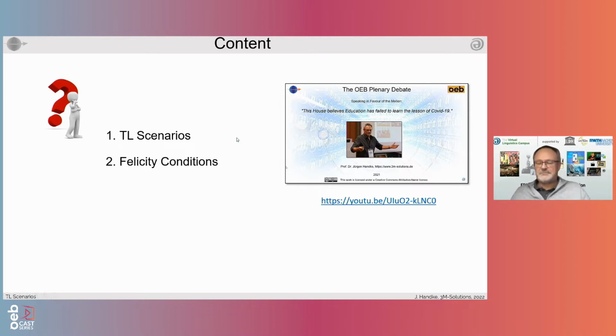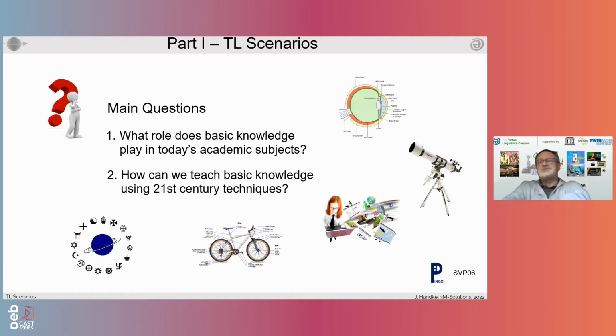Okay. Now, let's look at the teaching and learning scenarios. And in doing this, we have to ask two central questions. What role does basic knowledge play in today's academic subjects, and how can we teach it? Now, in order to answer these questions,